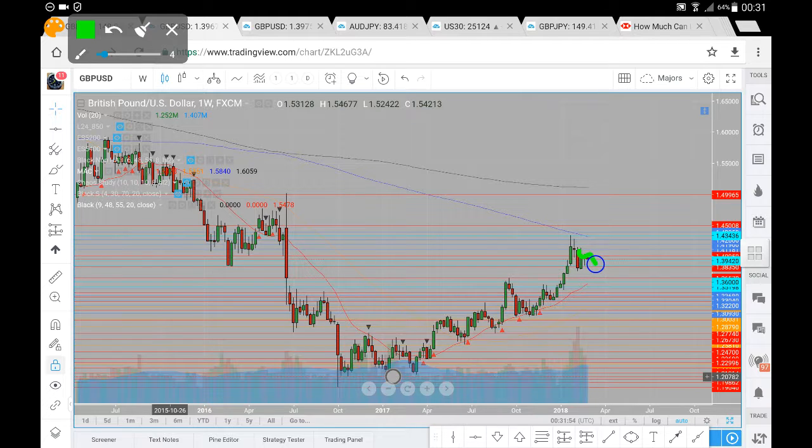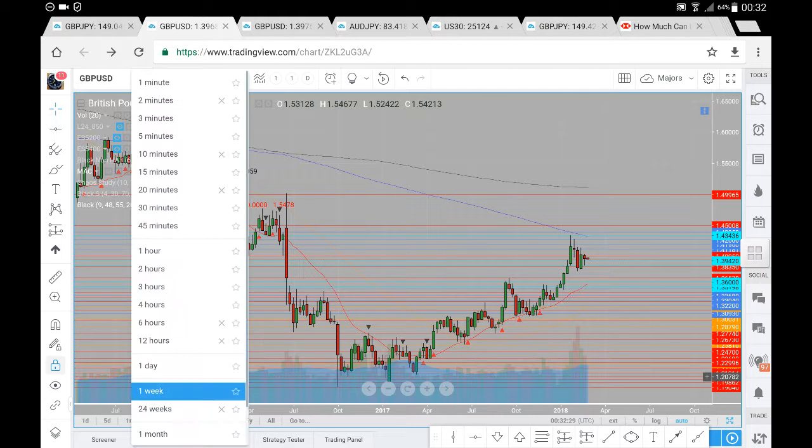We've had a pullback, and we do seem poised for further pullbacks before having a continuation of the strong run to the upside here on the pound dollar, possibly coming in towards the 200 period moving average, which may act as resistance, as well as the 143.43 level, which is pretty much the highs of 2018 so far. So we'll see whether we do have this brief pullback before having the move continue. Now, if we have a look at the daily chart,